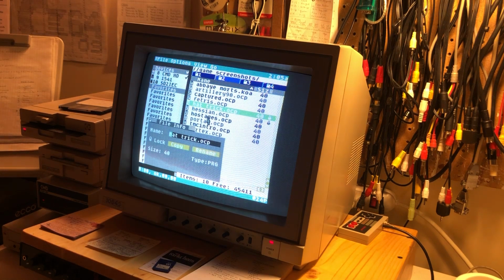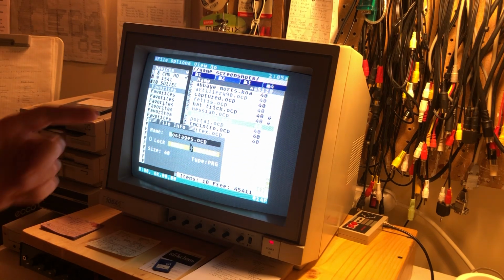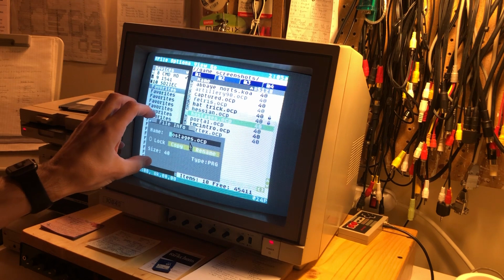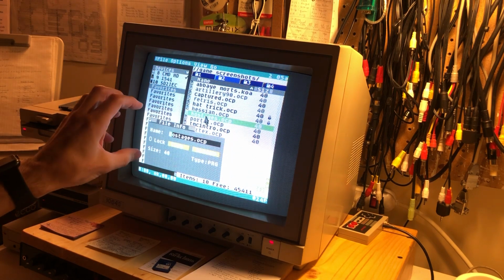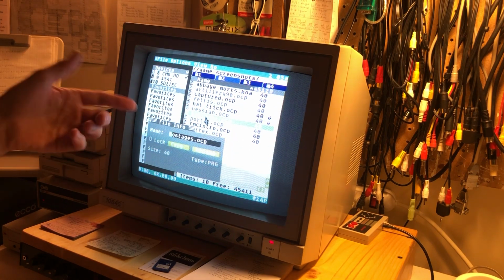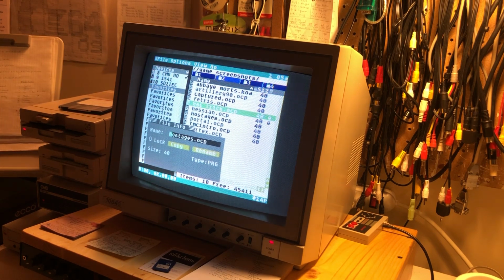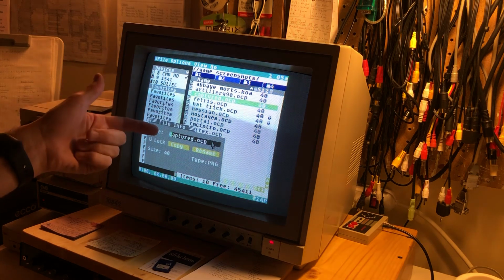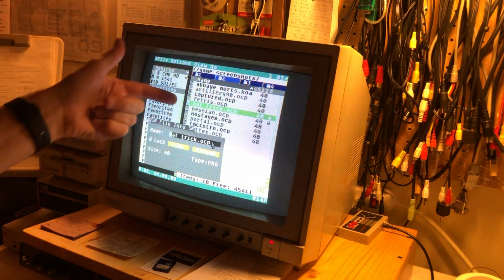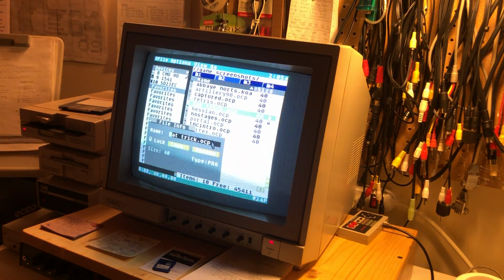So I'll click on, say, this file here. And you can see that the info dialog is still there, but it has changed which file is in focus. So as I cursor up through these files, now it's showing me captured. Cursor down, now it's showing me hat trick. Okay. So now what I'll do is I'm going to cursor over here, and I'm going to, now as soon